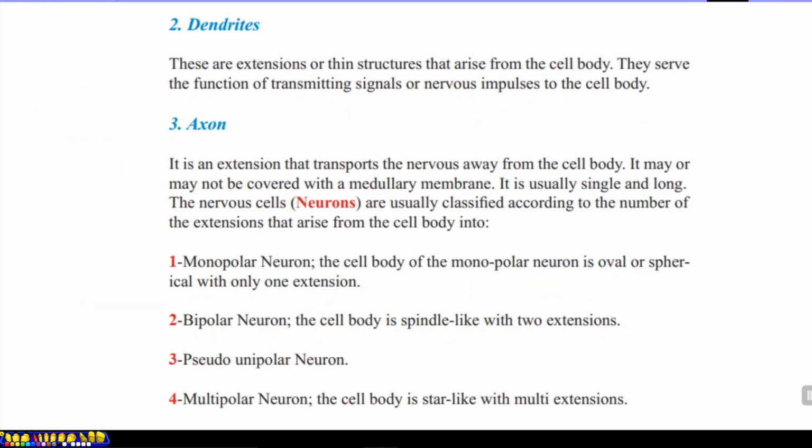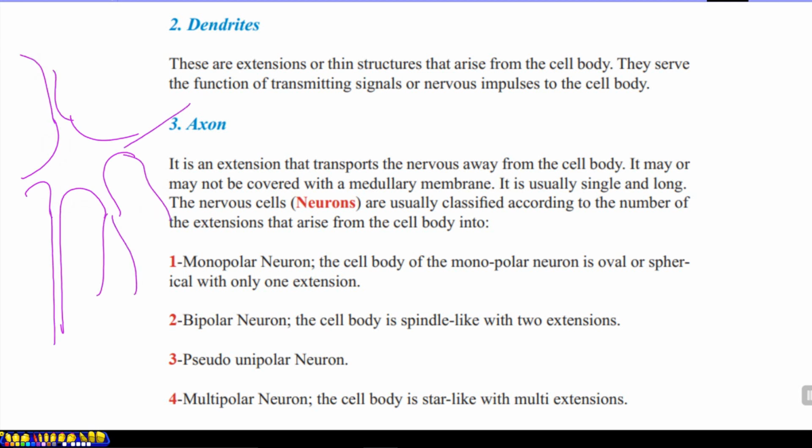Dendrites are extensions or thin structures that arise from the cell body. So if we draw the cell body in that form, the thin extensions connected to the cell body in many numbers are dendrites. They serve the function of transmitting signals or nerve impulses to the cell body. So they always receive information or impulses and transport them to the cell body. The cell body transports these impulses by neurofibers to the